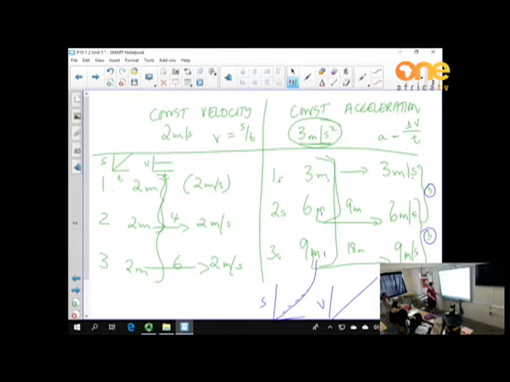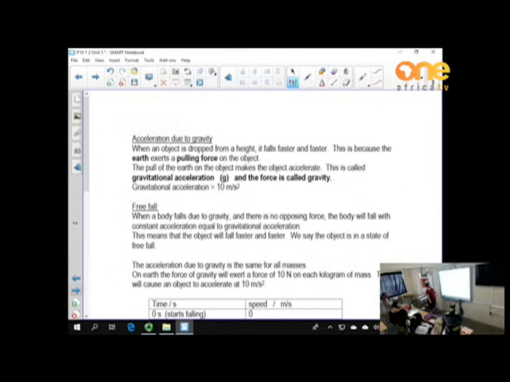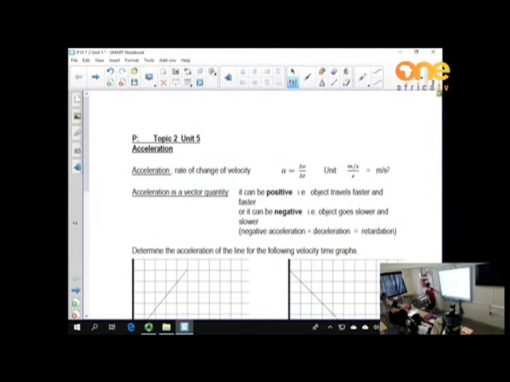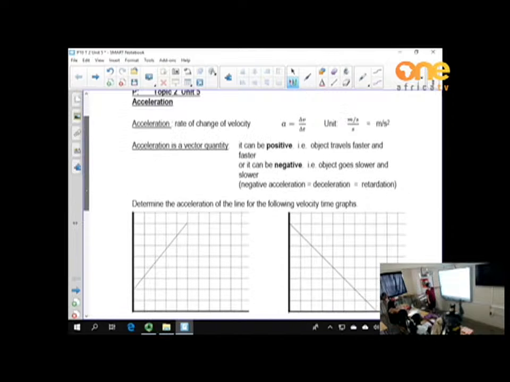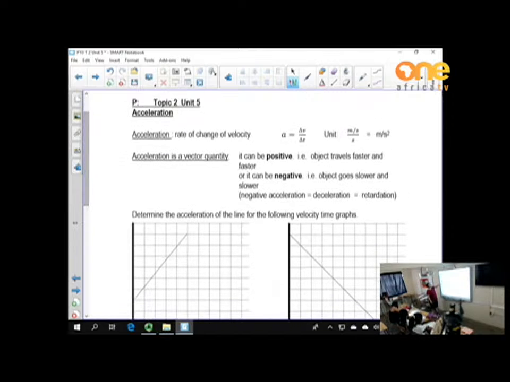All right, now we can go and see what your notes say. Is that the first page? Let's start there. Unit 5, the heading is acceleration. When we start with a quantity, we need to know the definition. Definition of acceleration is rate of change. When you see those words, you must know we are dividing by time. Rate of change of